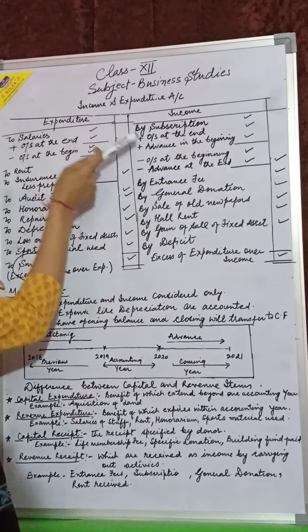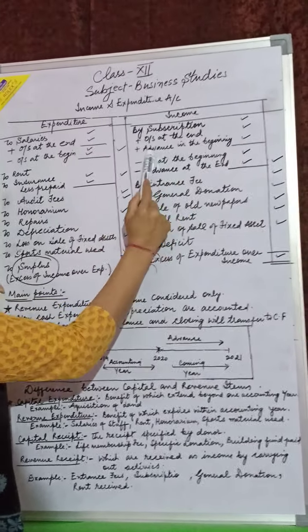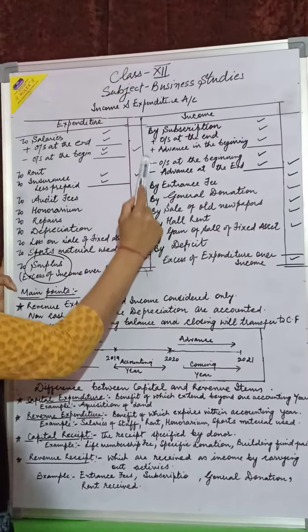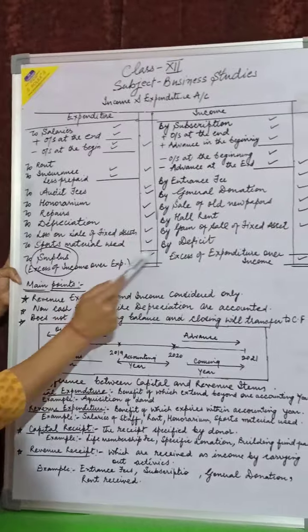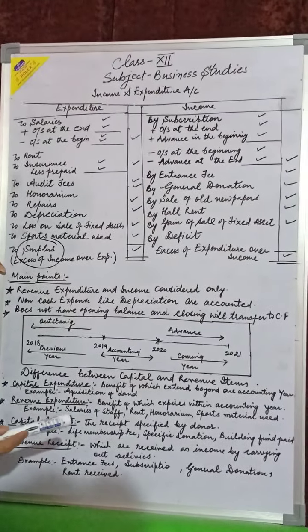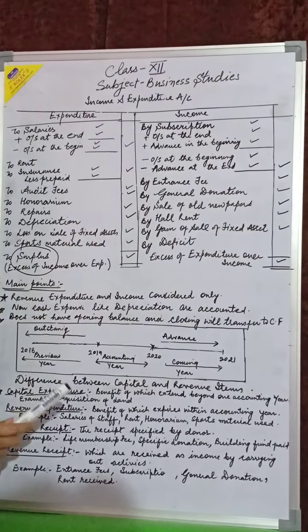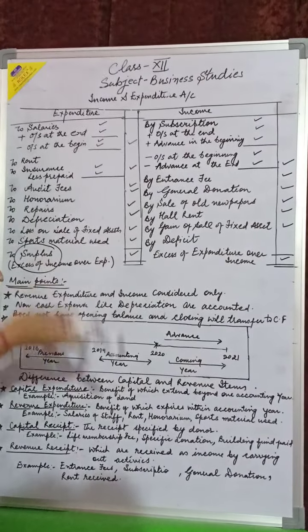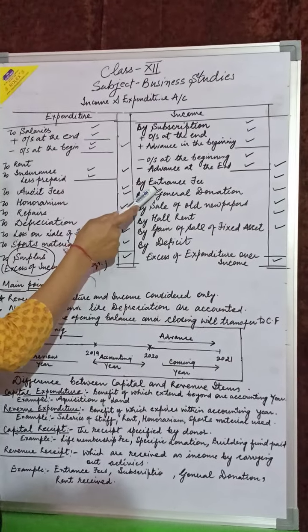Now you can see that we have added the outstanding, and there are some we have also subtracted from the subscription. I will come to that. First you just line up all the activities, what kind of income and gains will come. Here the income is by entrance fees. If a person comes as a member, he has to pay the membership fee, so that will come here.